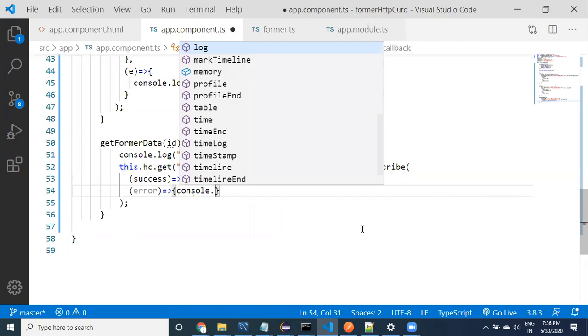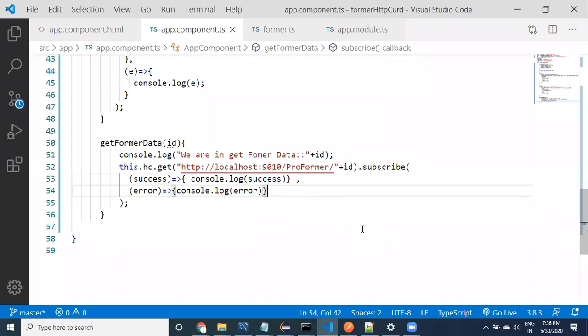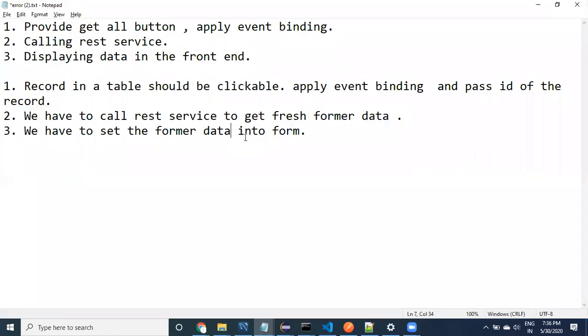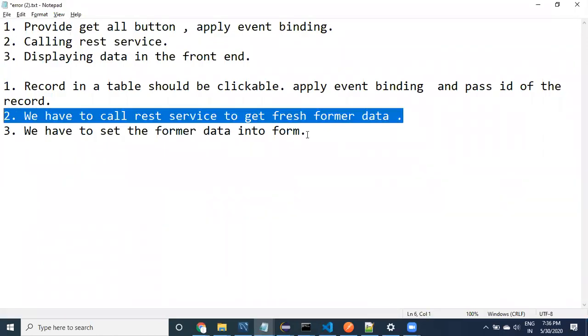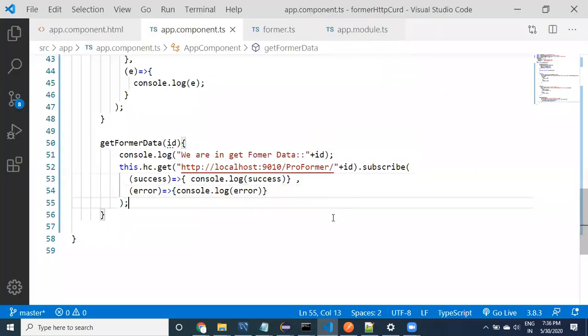In both cases I'm printing the data in the console, that's it. That is the second step I want to do here. For now I want to call the REST service and check whether it works or not.